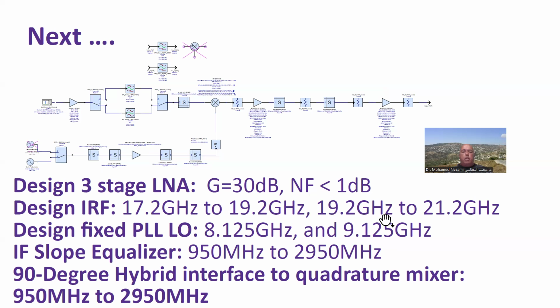It has to be designed like this, and this talks about how I have to insert back a 90-degree quadrature hybrid in here. And then make sure that the overall performance is okay as far as image rejection. And then, of course, I've got the LO. This LO is a fixed dual